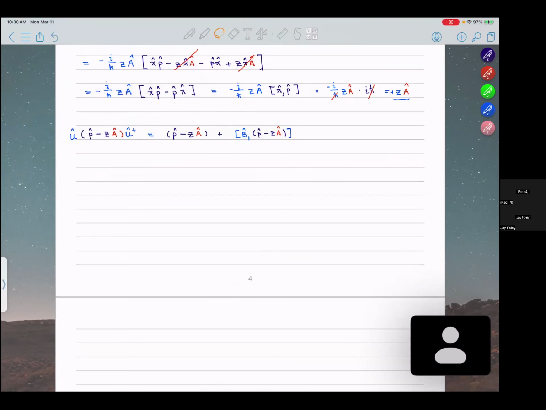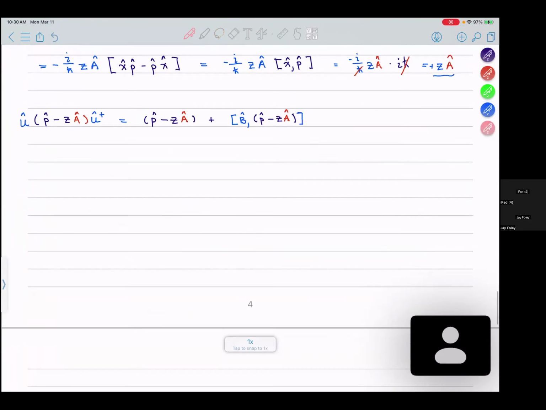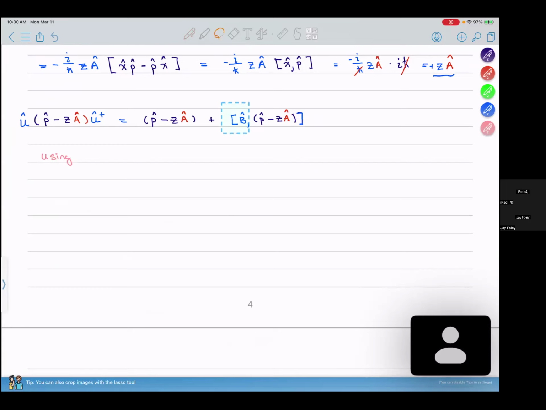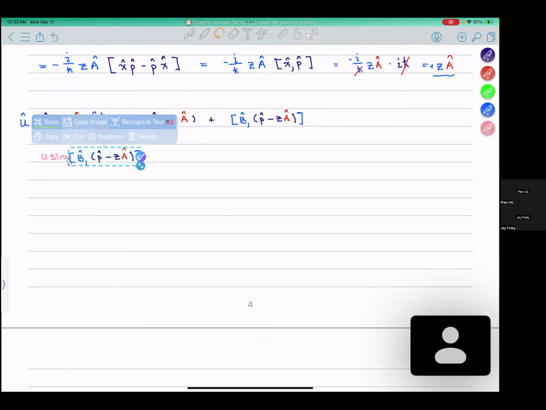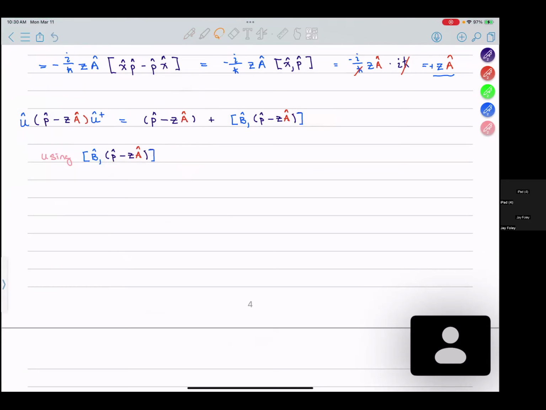And I'm going to write here, just so that we're clear, using the fact that that commutator is equal to plus Z a hat, we can see